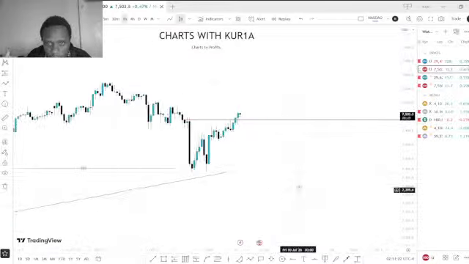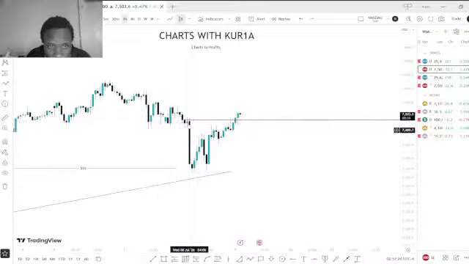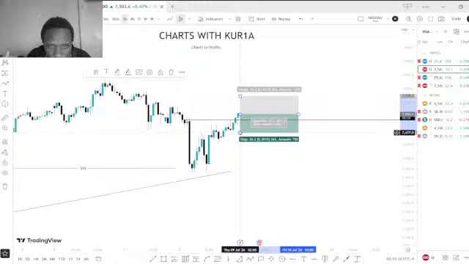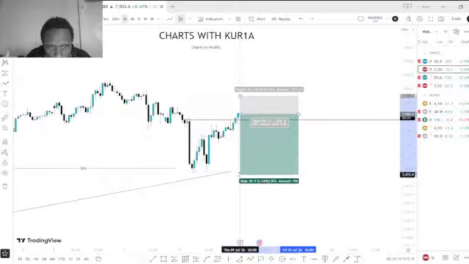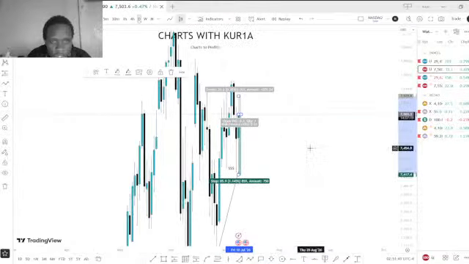It will look something like this. The entry is right now, because we have already broken this series of down close candles on the hourly chart, and then on the 4 hour, of course, I have shown you. So I think I'll take that position there, place my stop loss on the previous day low, because when I go back to the daily chart, I will mark